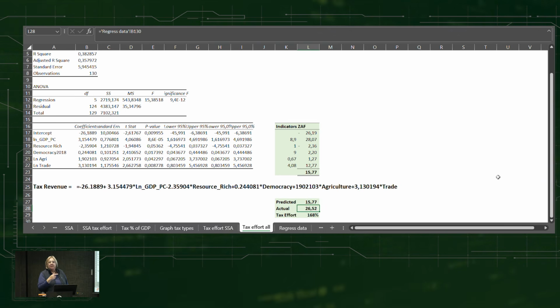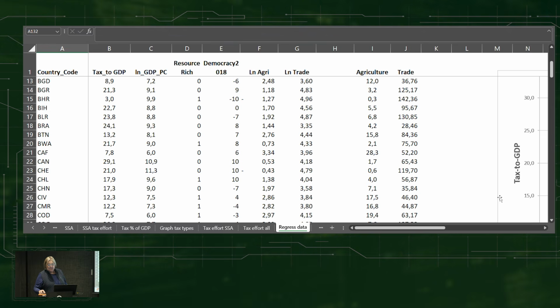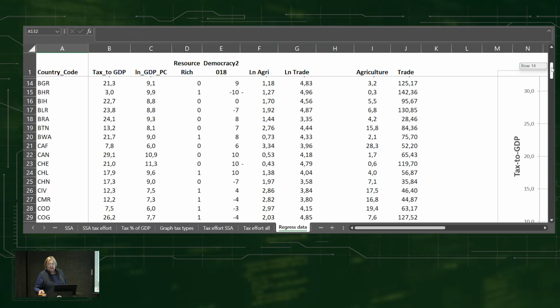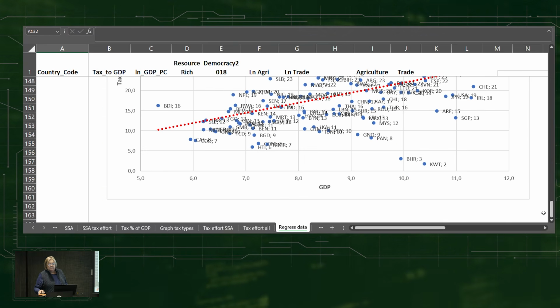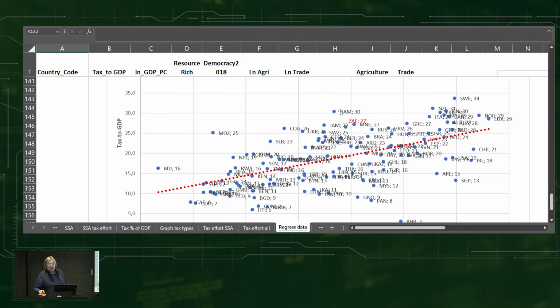Okay, this is in the database for South Africa. Oh, it's in the database? Yeah, it's on this graph as well. So this is the actual. So if you go to this one, I've marked it as well. Oh, that's it. Yeah, so it's these data points. So how much is it actually? How much is the data telling us it should be? And how much is your tax effort above it or below it? Okay. But I think for South Africa, the independent variables need to be re-specified.